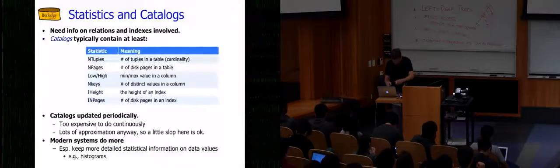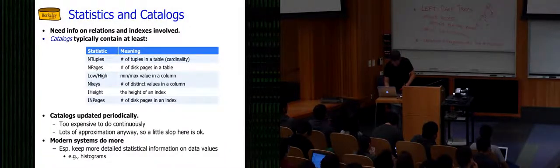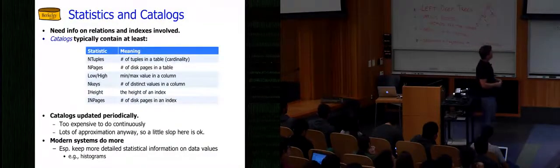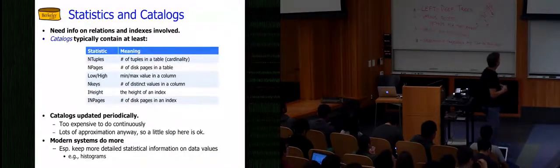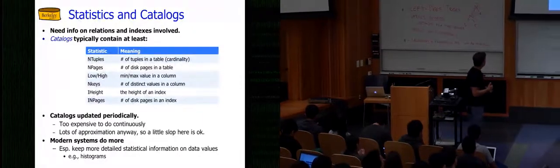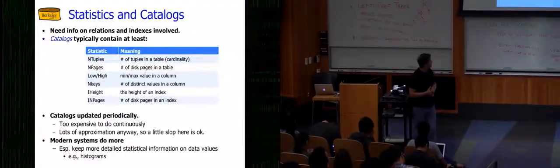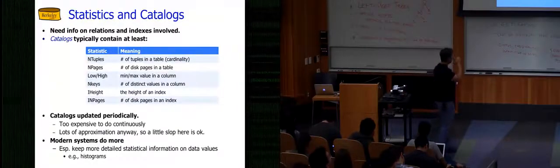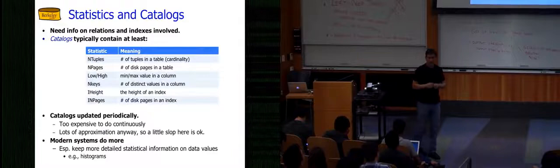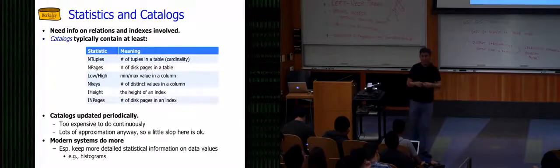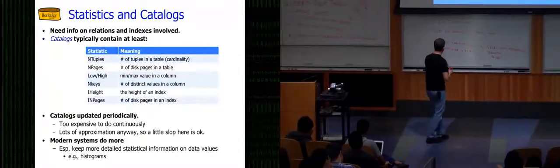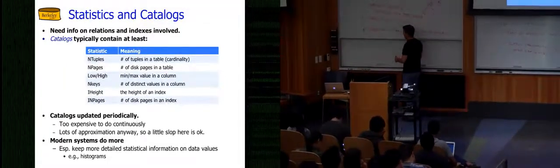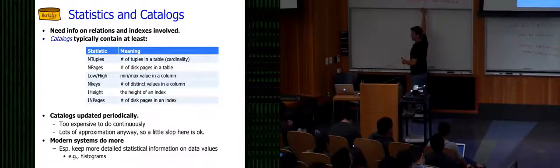We stored things like the number of tuples in each table, the number of pages in each table, the minimum and maximum values in a column, the number of distinct values in a column, how tall each index is, how many pages there are in each index. Very simple statistics. Now, one thing we'd like to know for selectivity estimation is what's going to be the number of tuples in the output of a selection, let's say. Okay? So if I tell you with this data that we have a selection of the form,